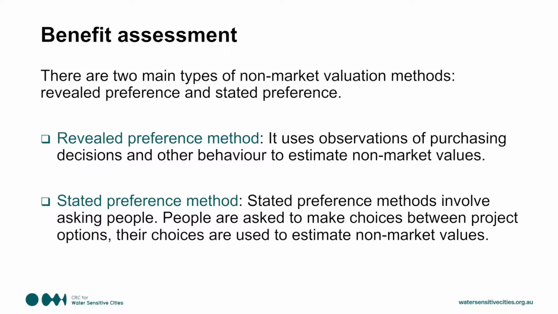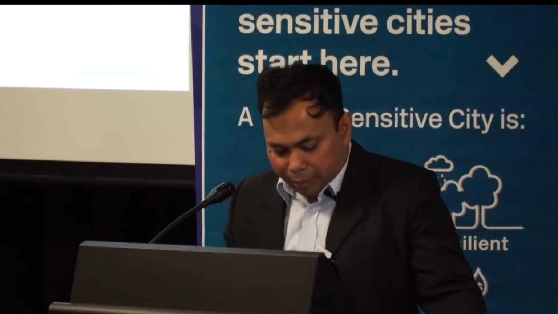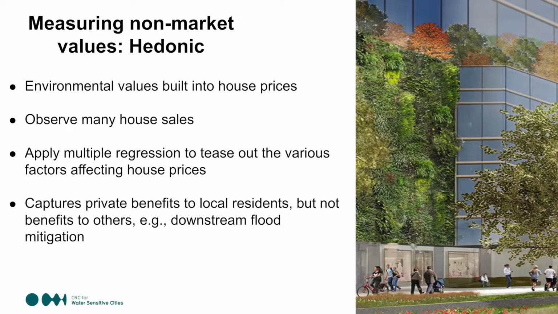On the other hand, with the stated preference method, we ask people some questions through a survey-based kind of instrument, and then from their choices or their preferences, we derive their implicit willingness to pay or the marginal willingness to pay or their value. So within the revealed preference method, the hedonic pricing method, which is often known as the house